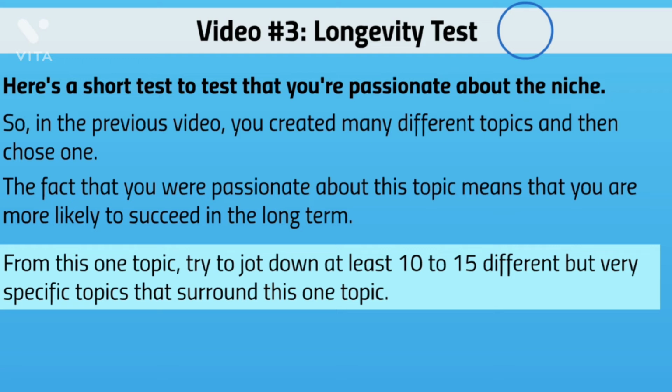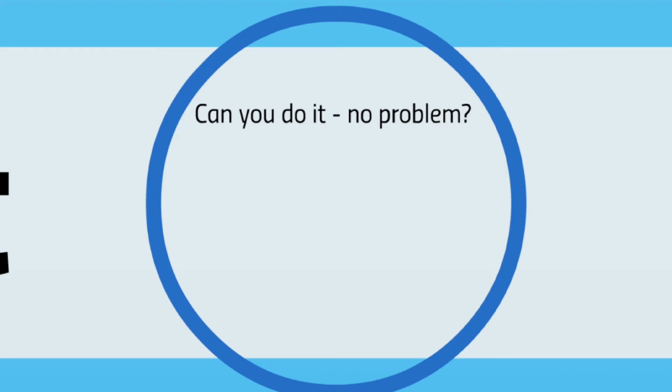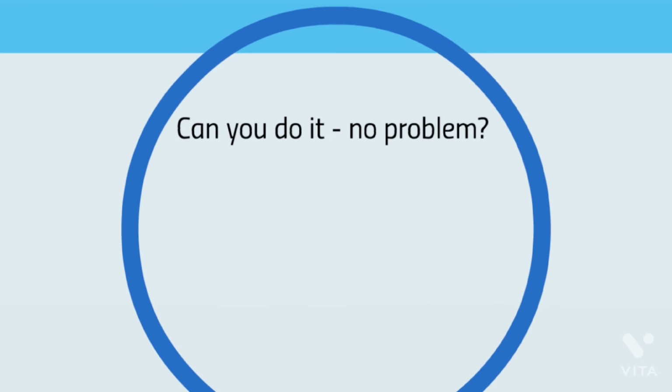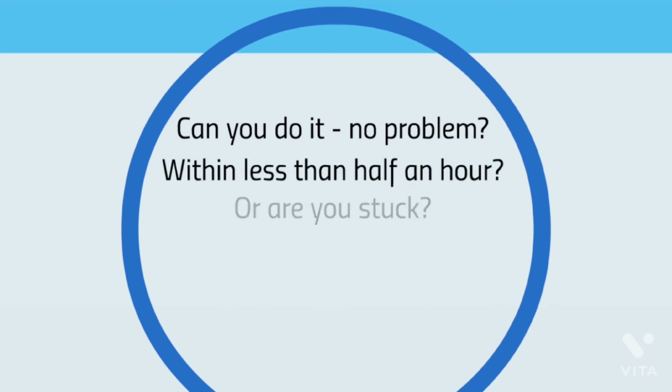So what we're trying to do is figure out how many topics you can create. So go ahead, do that now, pause the video. If you got 10, great. If you got 15, super. If you got 20, awesome. But if you got at least 10 within less than half an hour, then that's a good sign. That means that in your brain, you're able to produce topics right away and that you're actually passionate about this